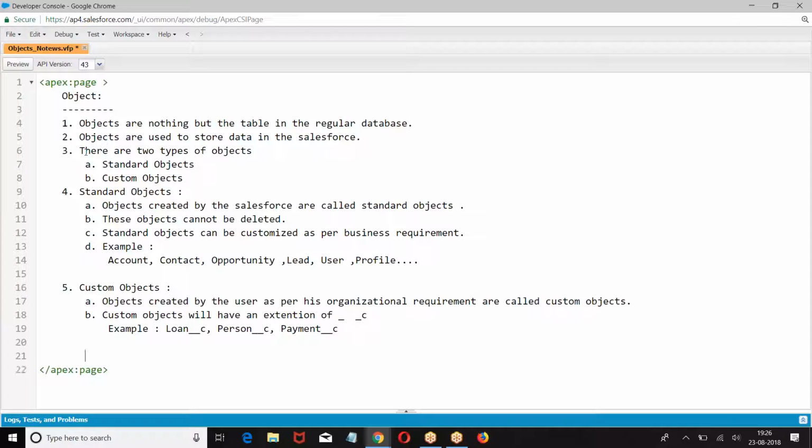Next, in how many ways can we create a custom object? One is standard navigation.